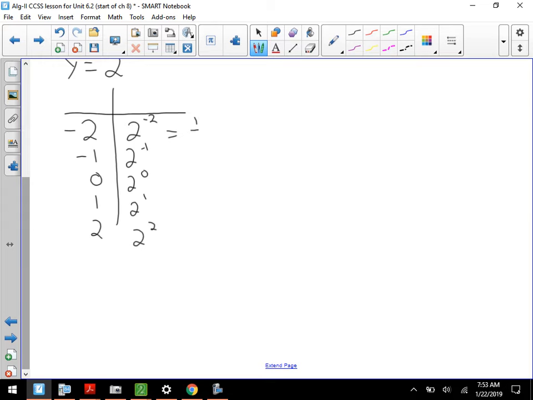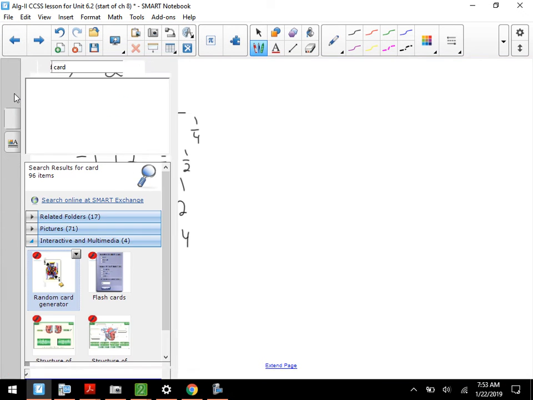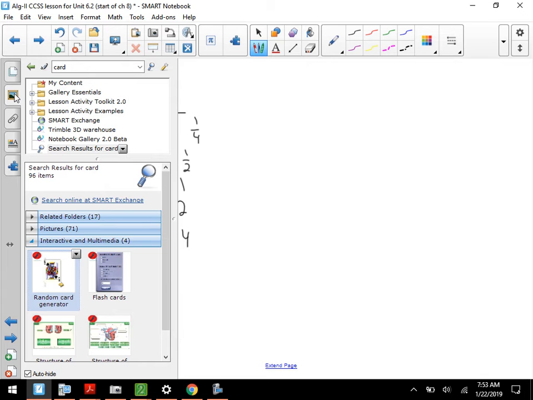So that's 1/4. 2 to the -1 is 1/2. What's anything to the 0 power? 1. What's anything to the first power? Itself. Good. And then this equals 4. So for rough ideas here,